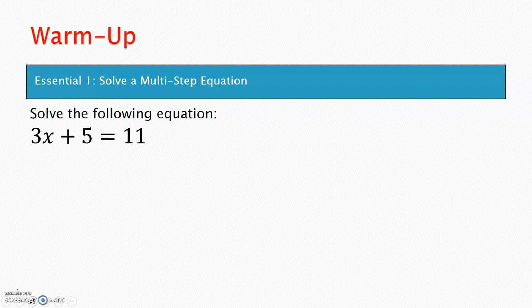Alright guys, so for essential number 1, solving a multi-step equation. This is the first big unit that we were talking about. How do you solve the following equation? This is a 2-step equation. First thing you should have done is we should have gone minus 5 to both sides. 5's would have canceled out. You would have been left with 3x is equal to 11 minus 5, which is 6. Last thing here you should have done is divide both sides by 3, and you get x is equal to